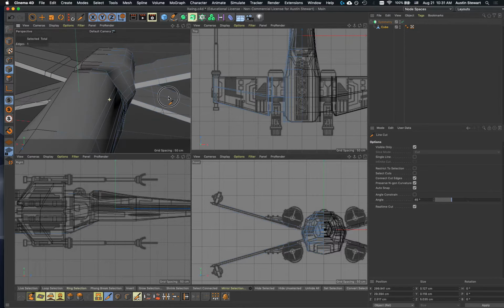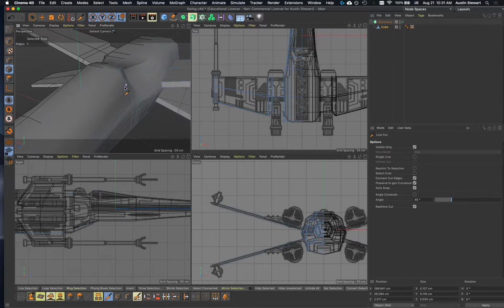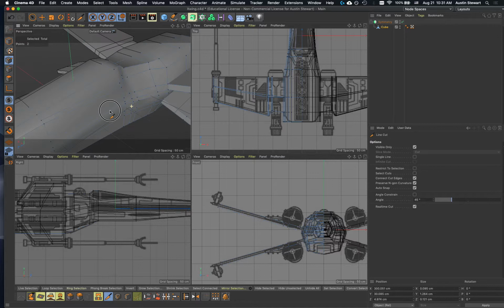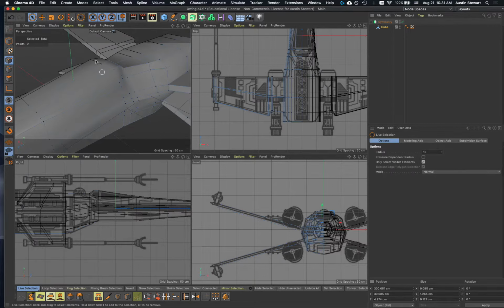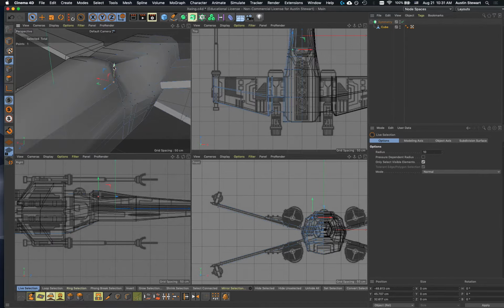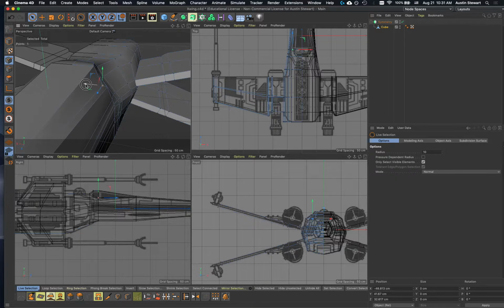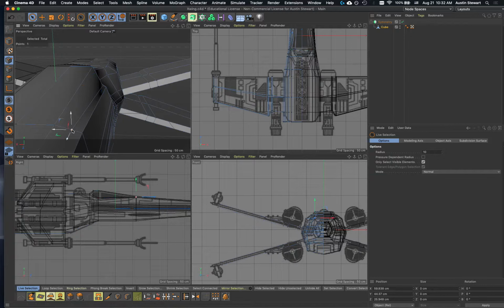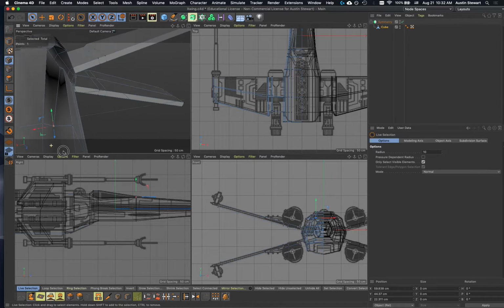All right, so I've got these edges here. So now what I can do is if I want to create a little bit more geometry, I can go into points mode. I can make sure I use my live selection tool, right? Hit the space bar to get live selection. Only select visible elements is on. And I can just rotate this view a bit so I can see better, right? I could pull this in a little bit and just pull this down. So I get a little bit, right, of an edge, and maybe I need to pull it out a touch, but right, so I have a little bit of an edge there between the two, and the same thing can happen here, right? I can go ahead and pull this in a little bit more,